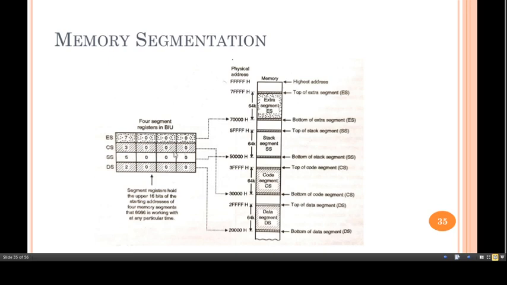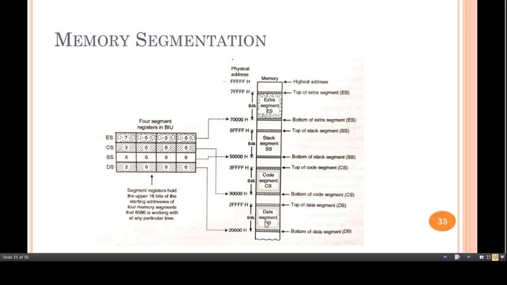So 30000H is the starting address, and out of that the 16 bits are present in the CS. So this is the starting address for the code segment. 5000 is the starting address for the stack segment, so it is 5000H. Similarly 2000 is the content of the DS register, and the starting address of the DS segment is